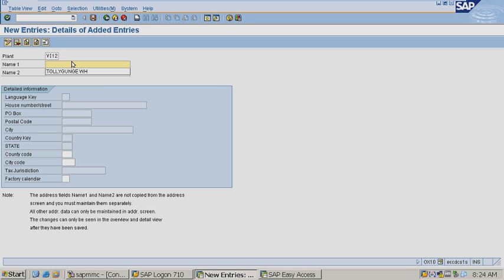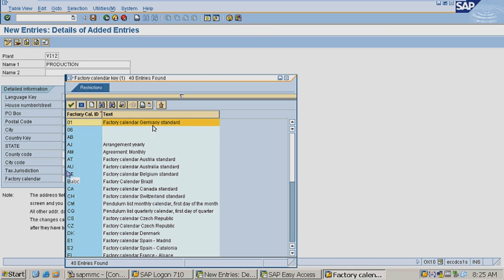Plant, this menu is basically like the name of a machine. When your business is regarding manufacturing, the function of the plant is production and manufacturing. But when your business is not manufacturing oriented, you still have to create a plant for the purpose of the enterprise structure unit, which will serve as a storing area, one type of storing area, right? Okay, fine. Just choose factory calendar from the last field, from the drop down menu,